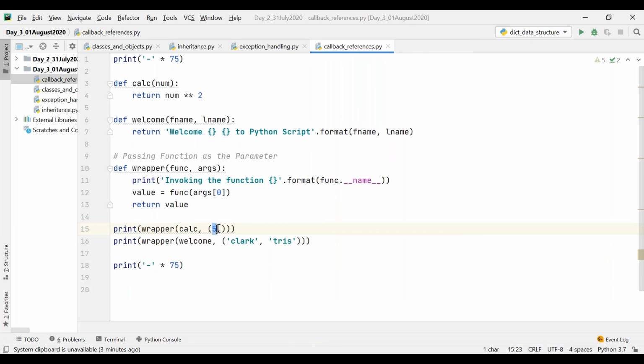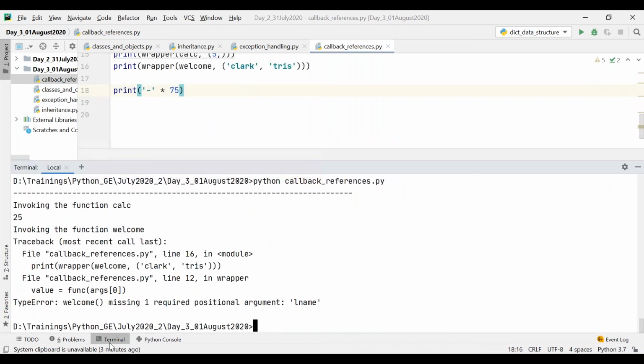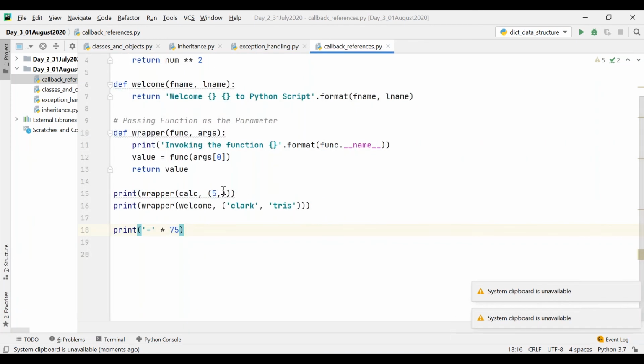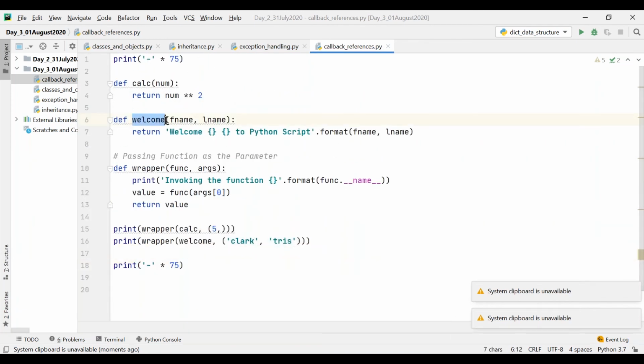In the earlier case I was passing only one parameter, so it worked. But in this case, I am passing two parameters. So if I execute this, I will get an error, because welcome is missing one required positional argument, L name. Whenever I invoke this particular function, I should pass two parameters here, not only one.